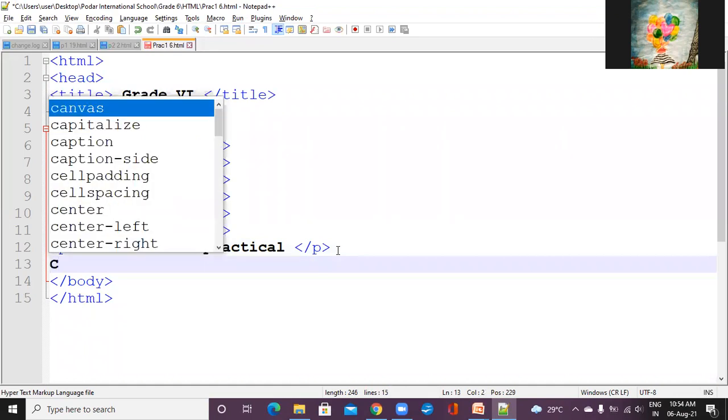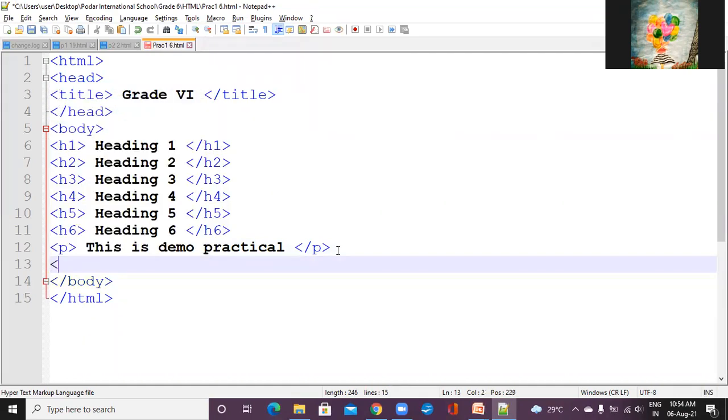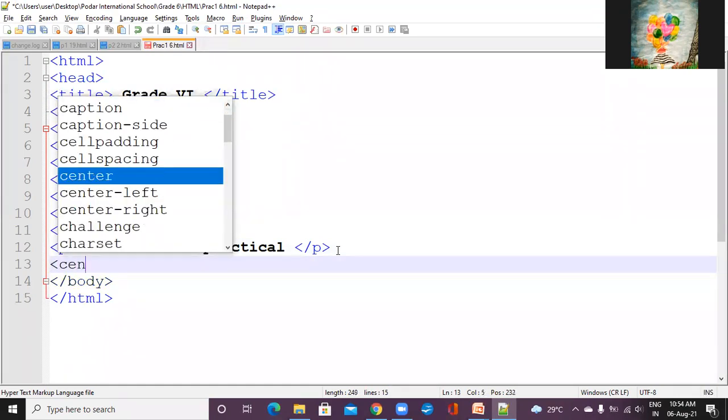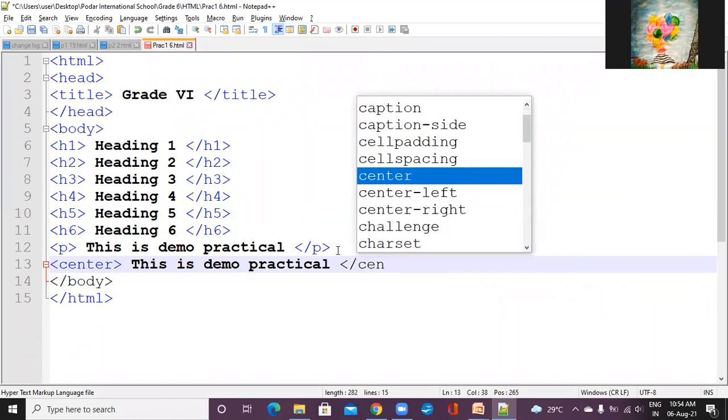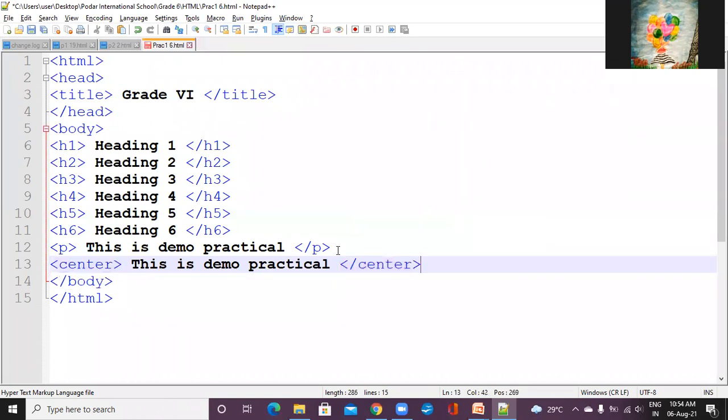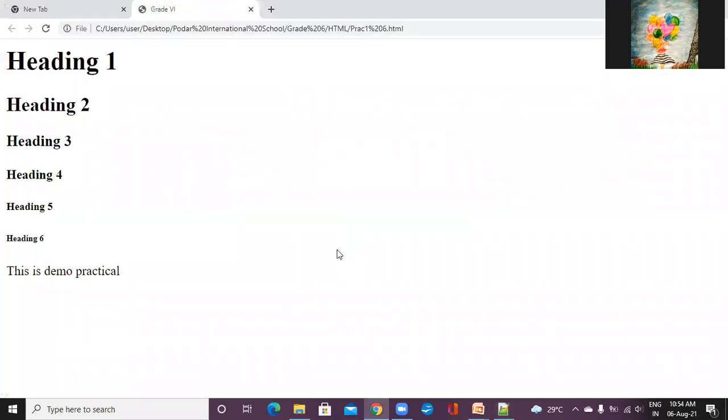Here I am using center, opening center, now closing center. Pressing Ctrl S, Alt Tab, and F5. You can see it has come to the center.